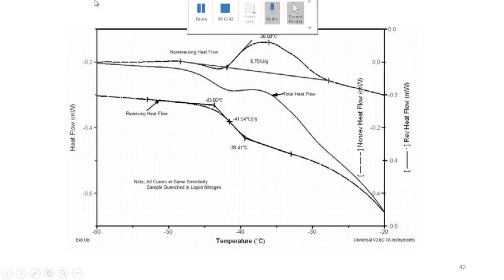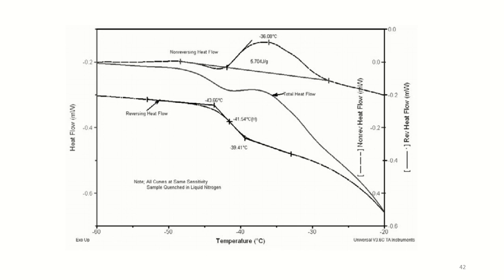So this is the advantage of modulated differential scanning calorimetry over the conventional DSC. If we performed this experiment with conventional differential scanning calorimetry, then the results would be all different because